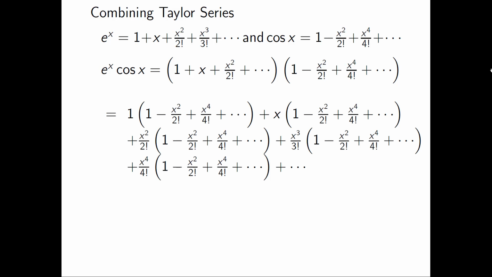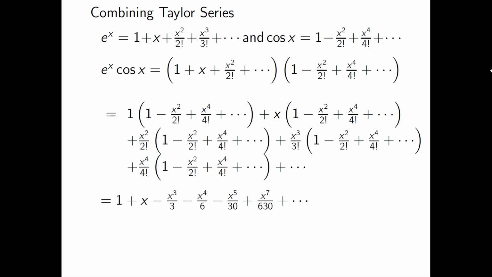So actually, we'll take the cosine x to be each of these, and we'll just break out the terms from the e to the x: the 1, the x, and the x squared over 2 factorial here. And then if we distribute through and start adding, I know it'll take a minute to do the algebra here, but hopefully you can see we get the 1 from kind of here, the x term we're going to get from here,